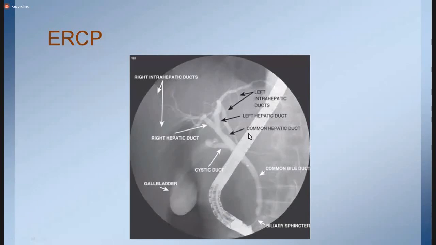They perform the endoscopy and then do the cholangiopancreatography via cannulating the sphincter of Oddi, then give the contrast. So this is the common bile duct, normal anatomy of the common bile duct. This is the right hepatic duct, this is left hepatic duct. These are the multiple branches in the left intrahepatic biliary ducts. This is cystic duct, this is gallbladder, and this is endoscope.